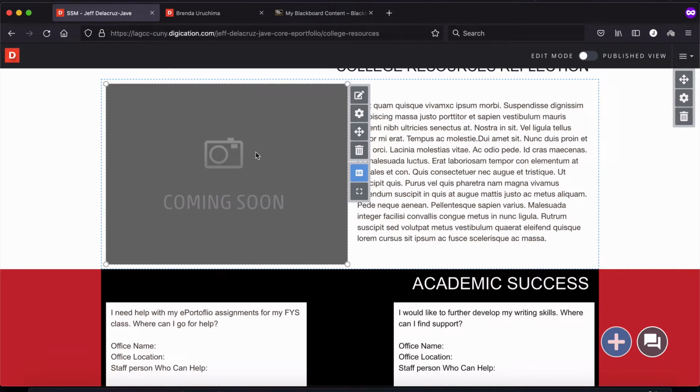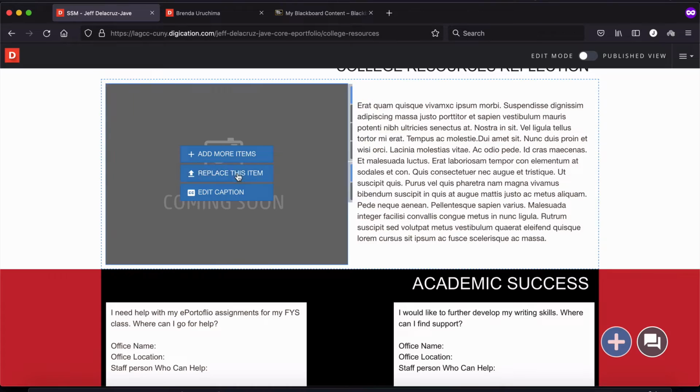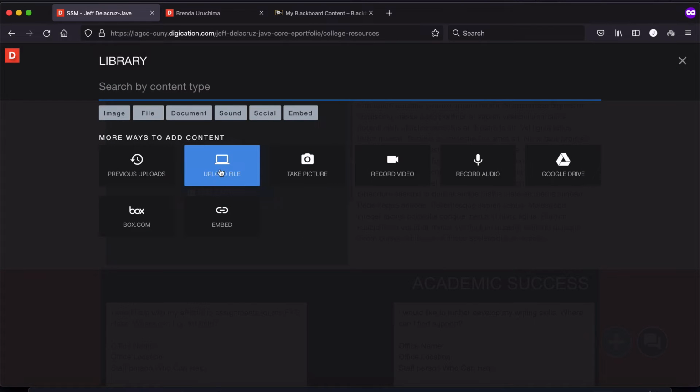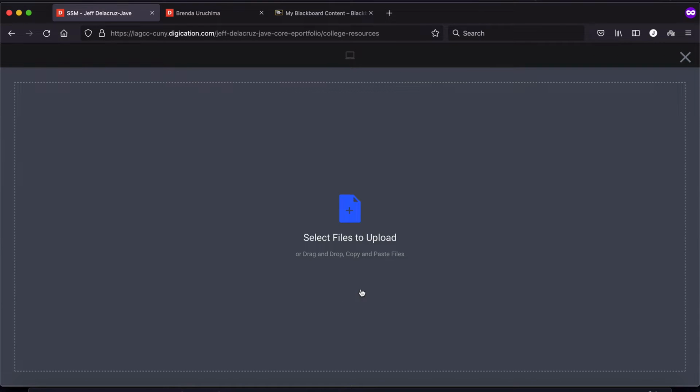And next to it, you will find this box over here, this gray box. So just go to Google and download any picture related with LaGuardia. Any picture. Okay, there is no right or wrong picture. Download it, and then once you have it in your computer, you will go to your portfolio and click this pen icon over here. Click replace this item. Upload file. Select files to upload. You click it and it's gonna show you all the files that you have in your